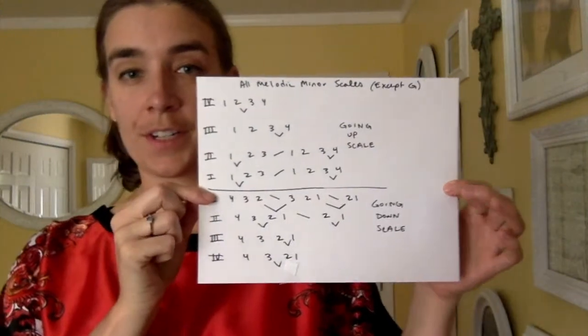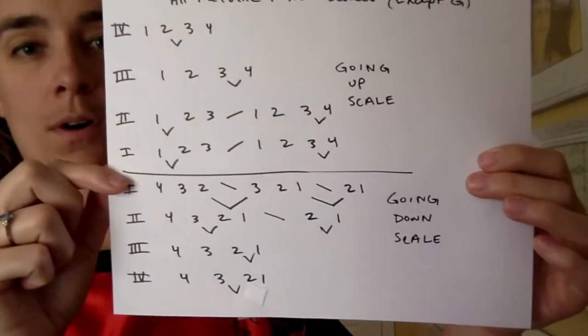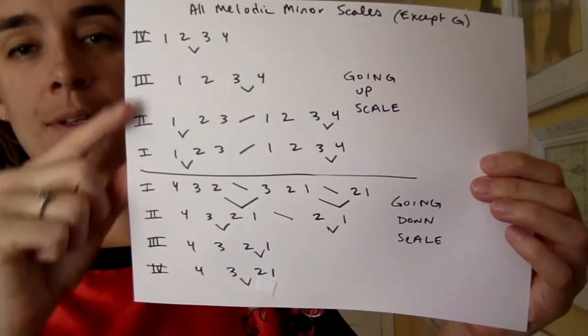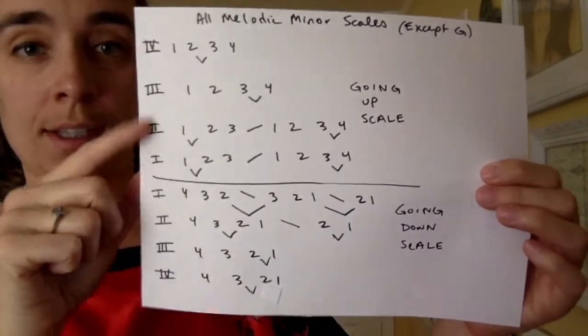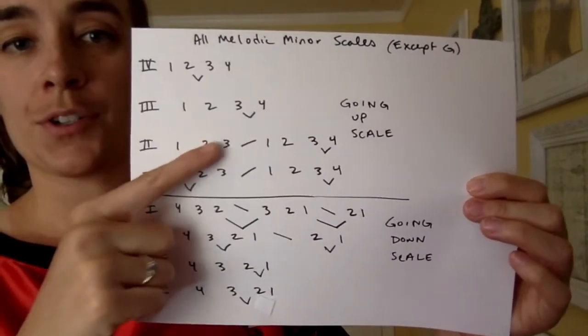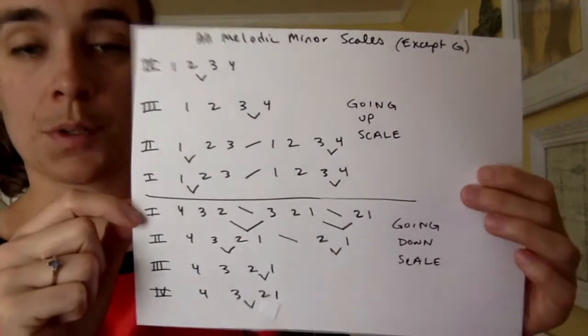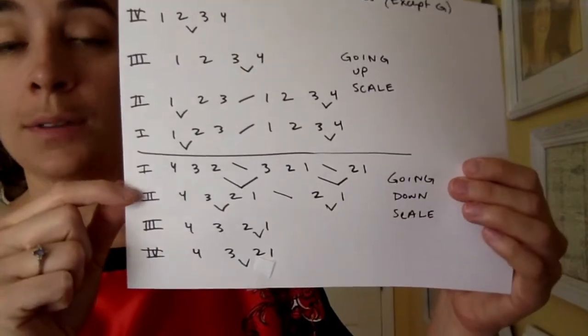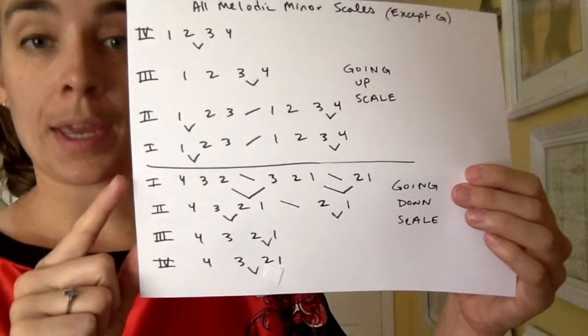So here are the fingerings for the melodic minor. This works for all scales except for G. You'll need to do something very similar to the major scale. And going up, the half steps are just in different positions now, so you'll need to take note of that. There's some shifts. Then on the way down, it's going to be a different fingering than the way up, because